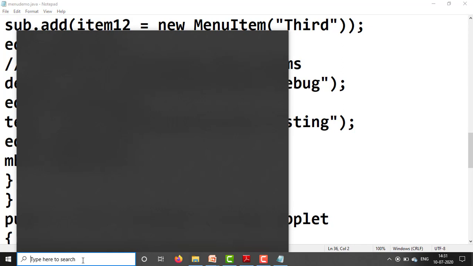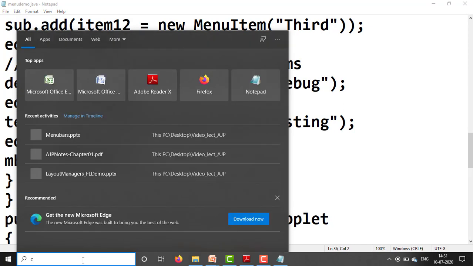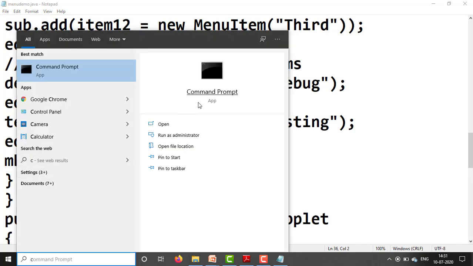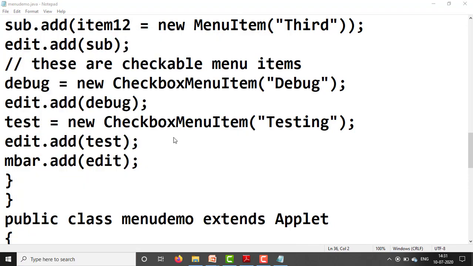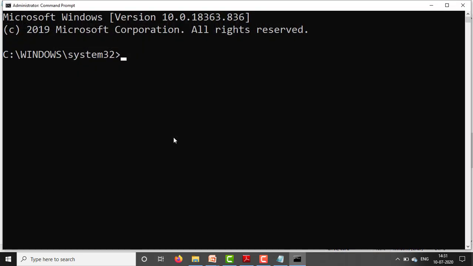Now go through the command prompt. javac MenuDemo.java.